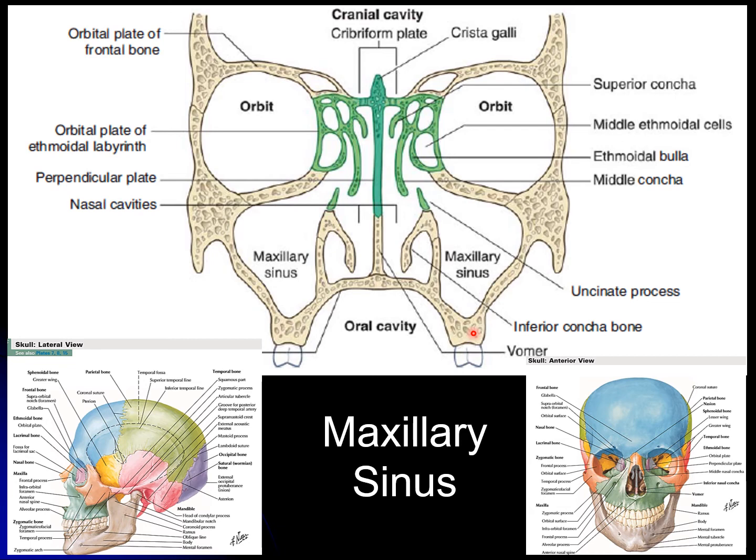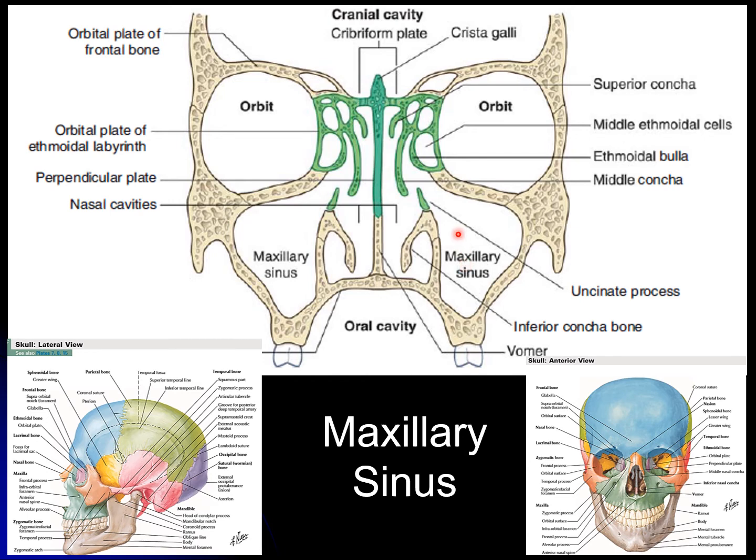So here is a very important thing: during the removal of a tooth, if there is an infection, or if you drill deeply, you can connect to the maxillary sinus. It is a very common source of infection that while extracting a tooth, a thin plate is broken or torn, and you are in contact with the air sinus. So infection from the oral cavity can travel to the maxillary sinus and cause problems.